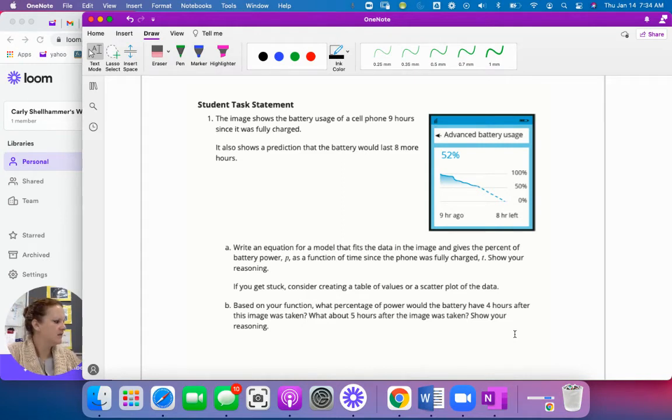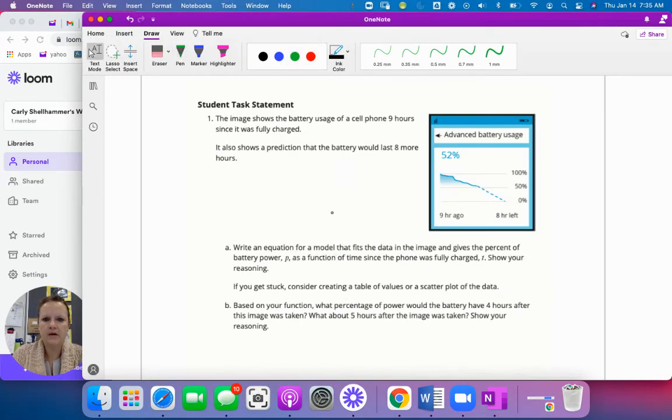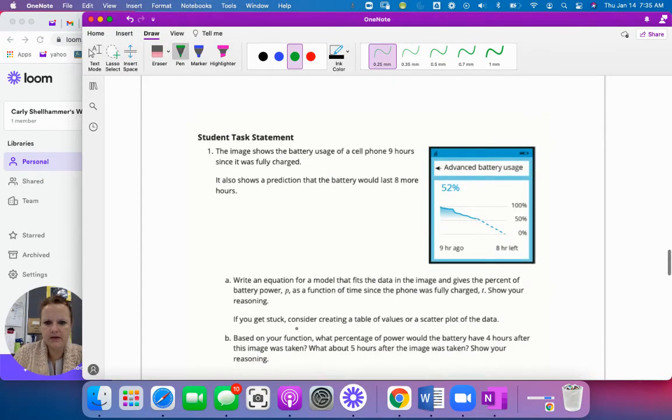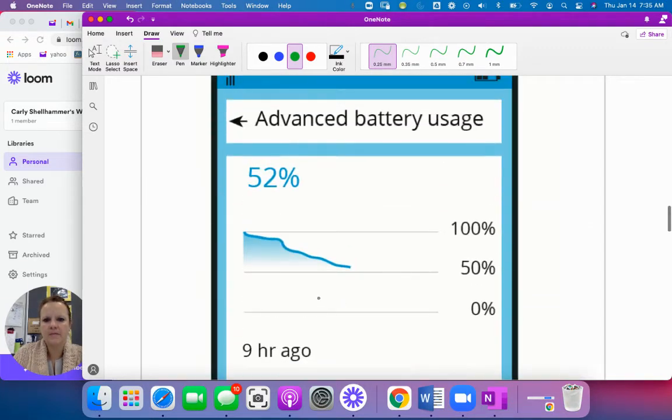All right, there we are. I just needed the work in front of me. Okay, so we need an equation. All right, let's see if we can get that. Okay, so I'm going to go back up here. It says here, consider creating a table of values. Right, that's what we're going to do. Okay, so 9 hours ago. So really, we're going to use this table, and we're going to do this at time, this being 0, and